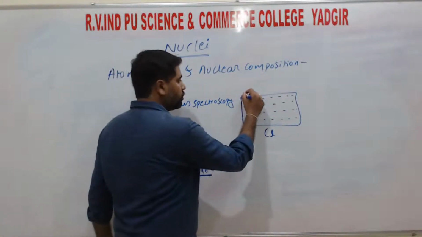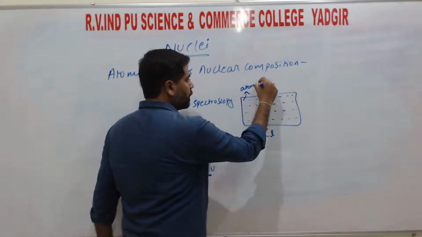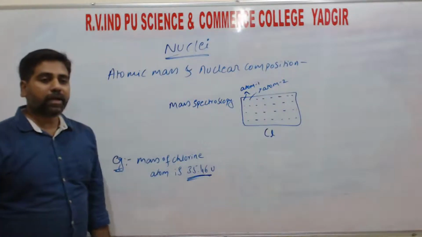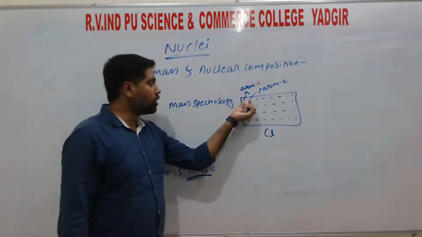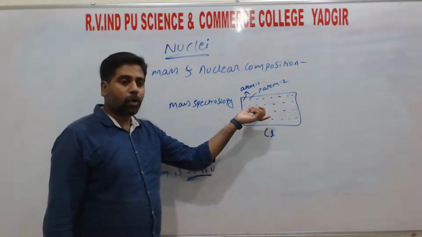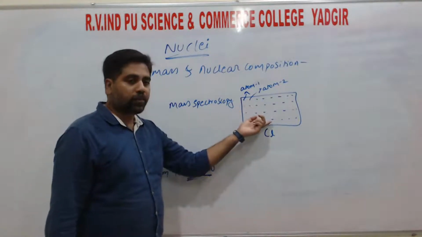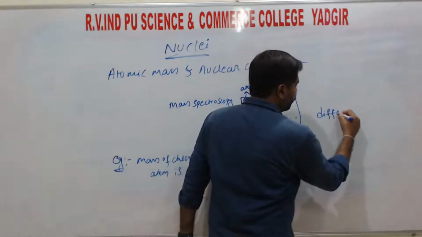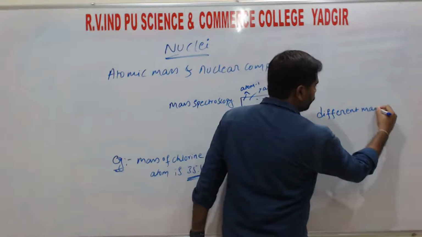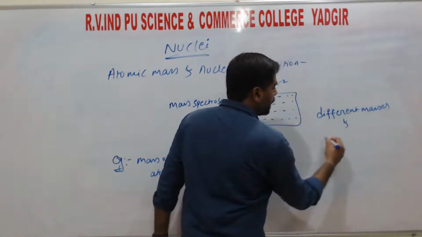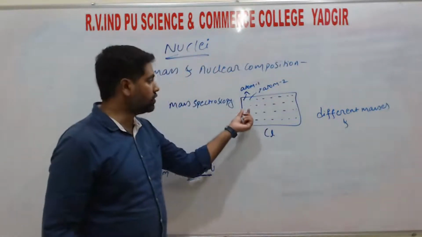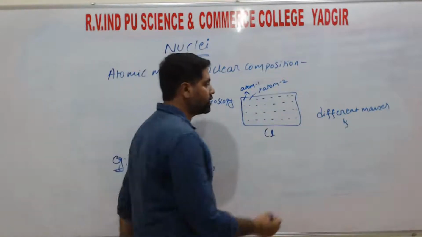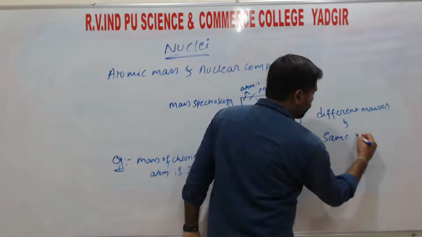So if we consider this one as atom 1 and this one as atom 2, these atoms have different masses, but they have the same chemical properties, right? So the atoms present in the chlorine atom have different masses, and these atoms exhibit the same chemical properties,